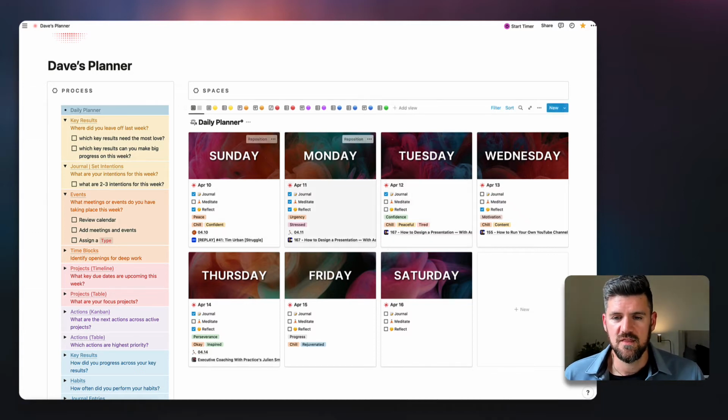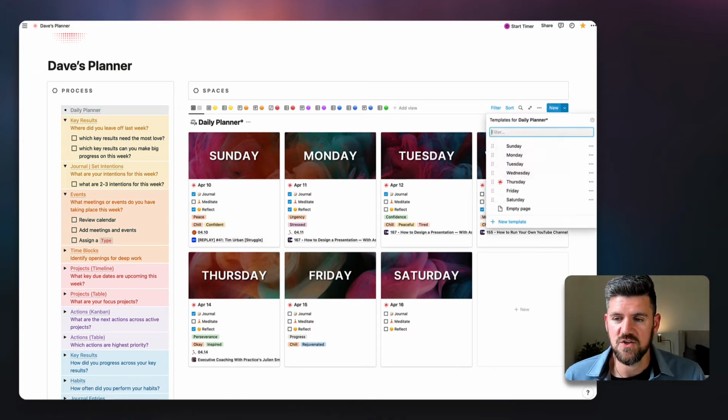If we dive into one of these, let's take a look at what's happening, for example, in the daily planner. If I look at this drop down, this is using page templates. Another big benefit of using databases is you can create templates for different types of pages, which over time can save you a lot of manual input of adding properties or information. For those actions that are repeated on a recurring basis, setting up templates saves a lot of time. So something to consider there.